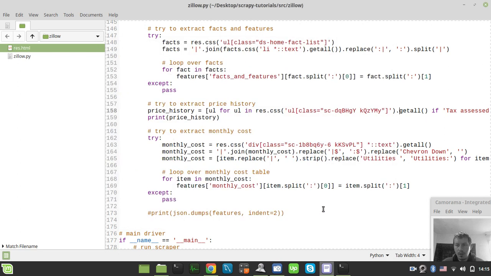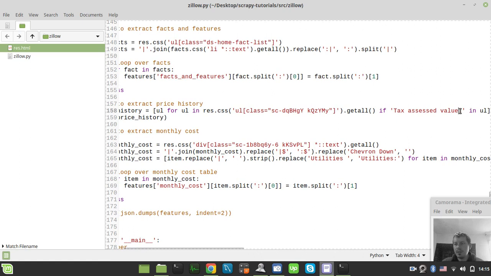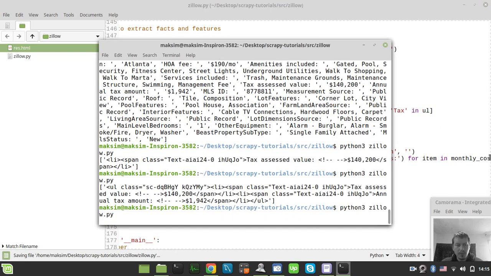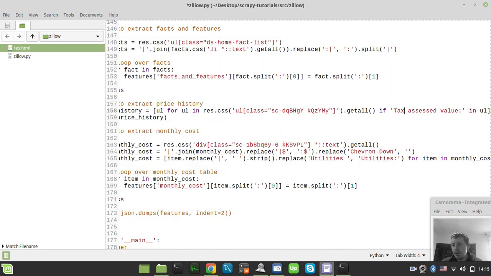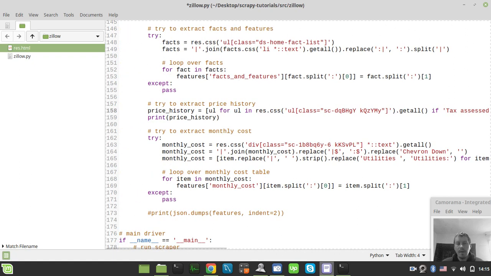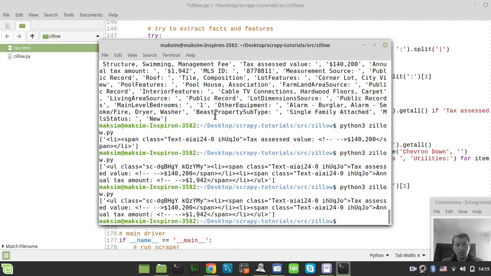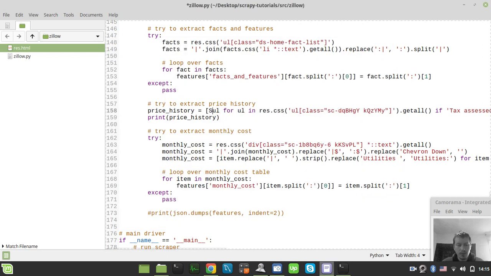Maybe there is some more data with the word tax. Let me see. Nope. Well, okay, so just as a matter of demonstrating the web scraping techniques, I would probably just leave this as is. It's not perfect, but at least something. And here we will use a selector, right? So here we'll use the selector,